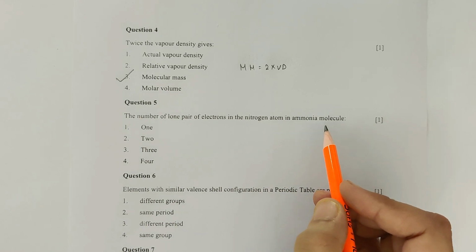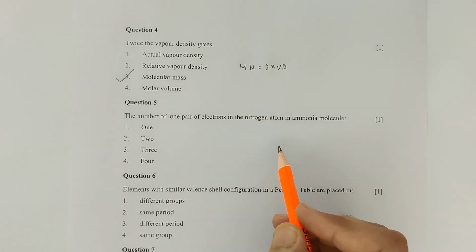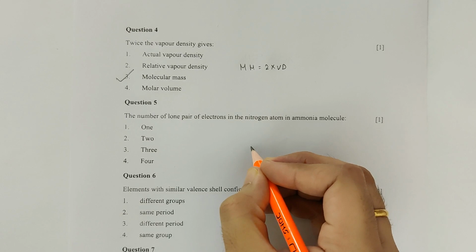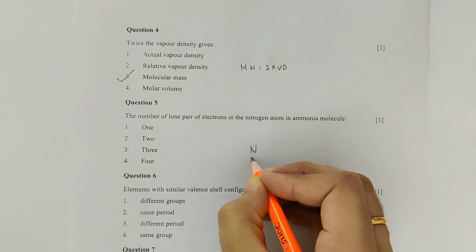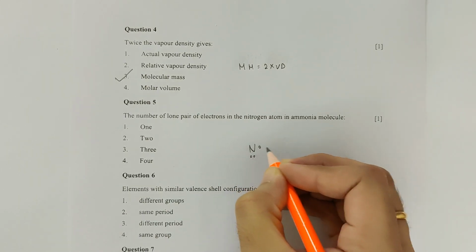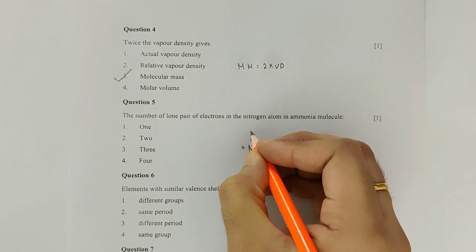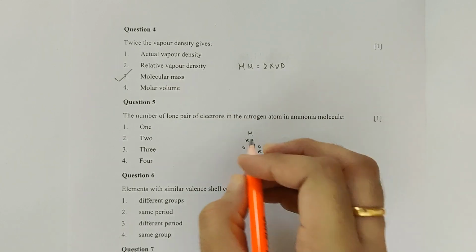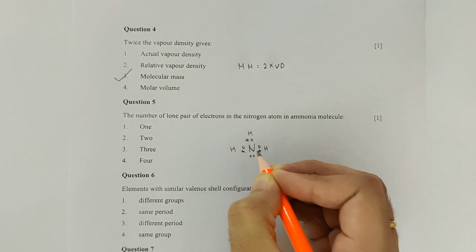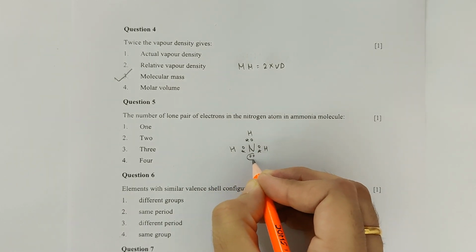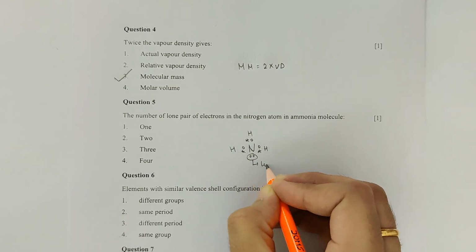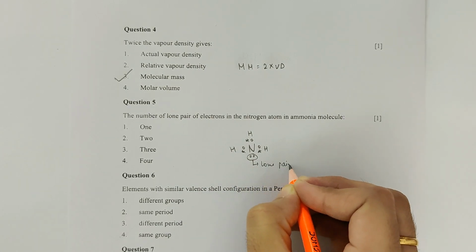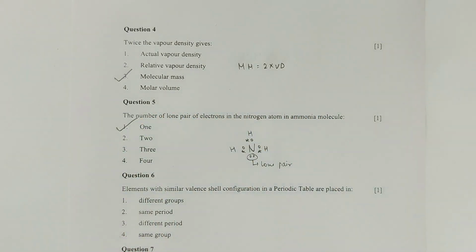ammonia molecule. Now guys, let me draw a rough electron dot structure of ammonia. So we have nitrogen, 2 electrons over here, 1 here, 1 here, 1 here, hydrogen, hydrogen and hydrogen. So we have NH3, and guys, this is a lone pair. Hence, 1 lone pair of electrons is present. Moving on to question number 6, we have